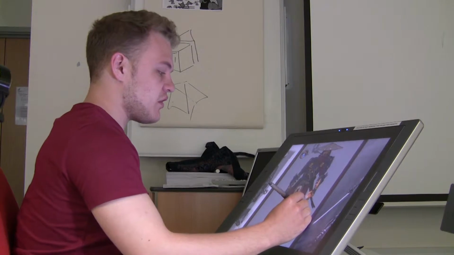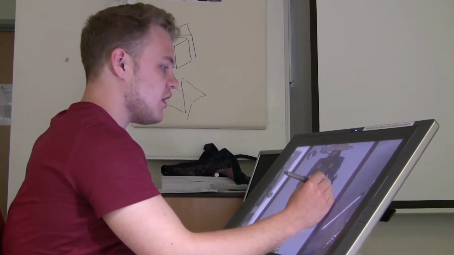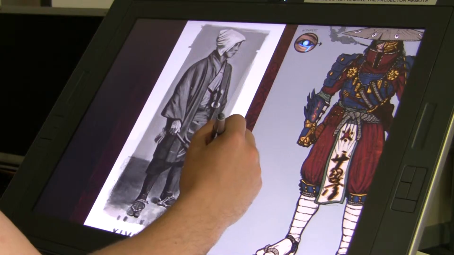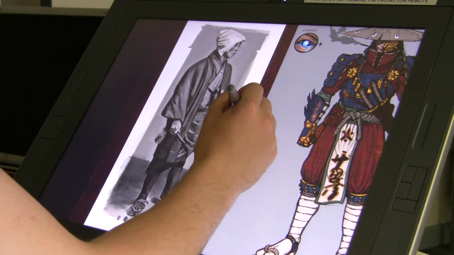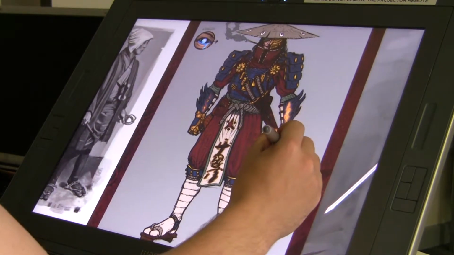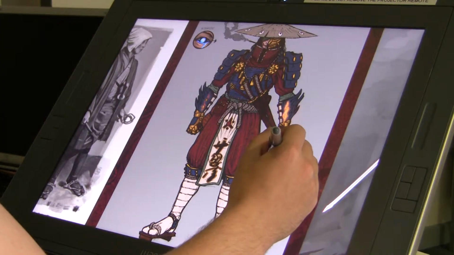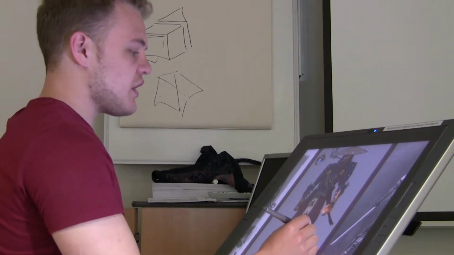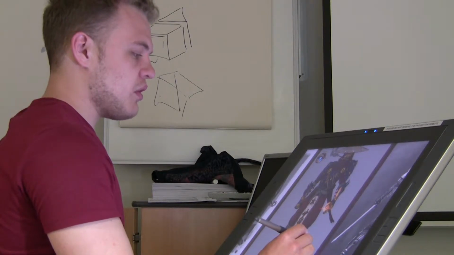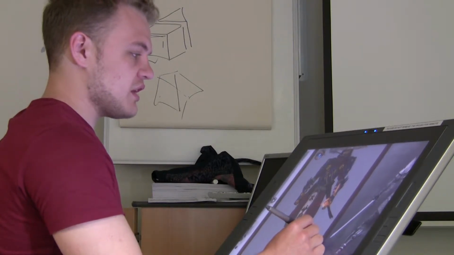So here's a concept that I was doing throughout this module in the third year, and basically what I wanted to do was try and get the cartoony approach that I was getting when I was playing the games called Final Fantasy when I was a kid. So as soon as I achieved this and knew where I wanted to go with the creation of a game character,